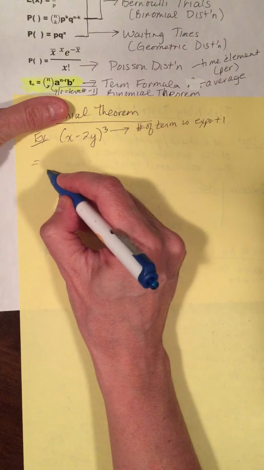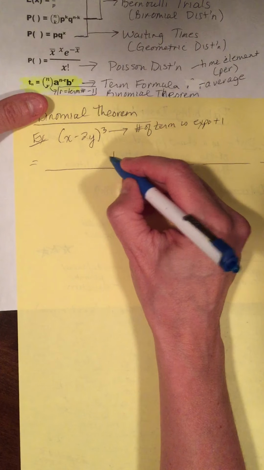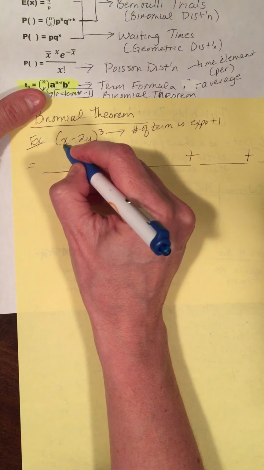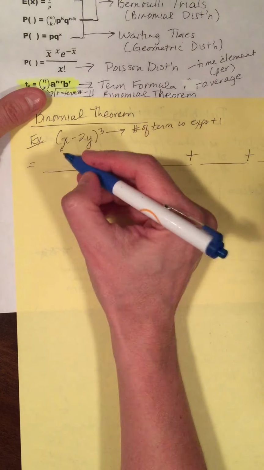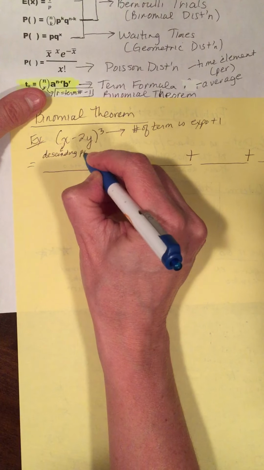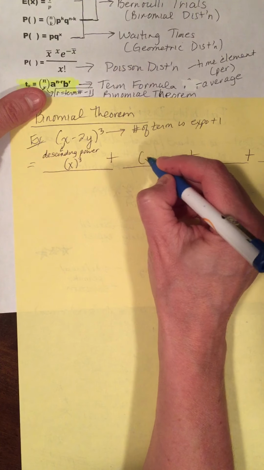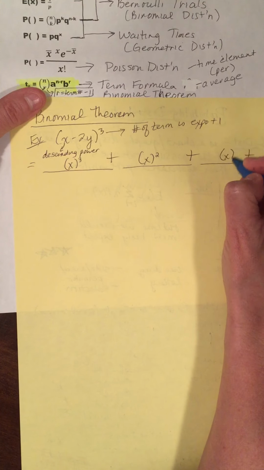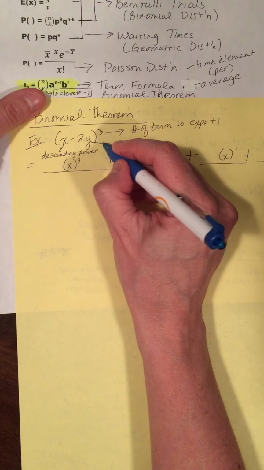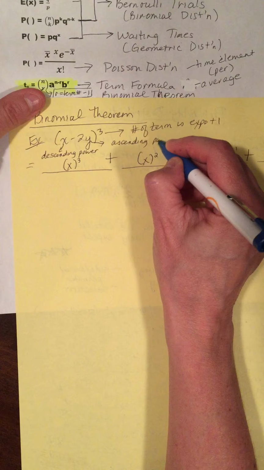So the number of terms is going to be 4 full terms. Okay? Now, remember, my first term is my descending power. So my descending power is going to be x cubed, x squared, x to the 1, x to the 0. My second term is going to be my ascending power,